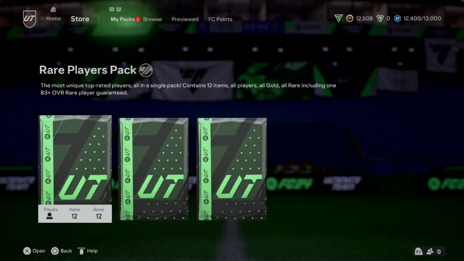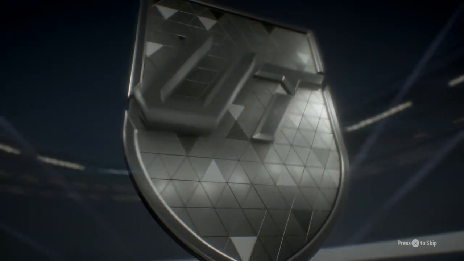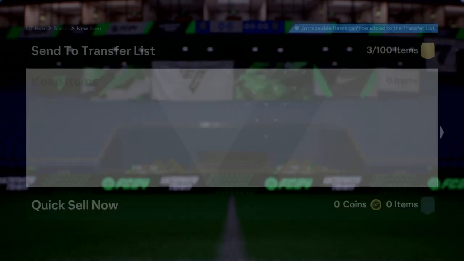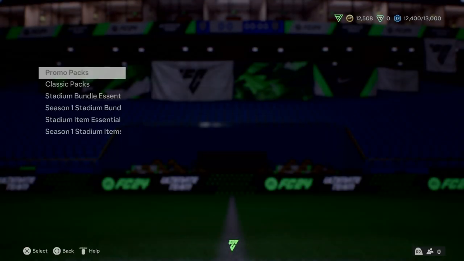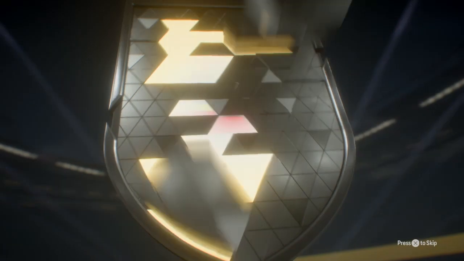And then next pack we open is the mixed players pack, which again, not good. Silver one this time. Goalkeeper, skipped it because you just know that's not going to be good if it's silver. And nothing really of any use in there. We've got Holden and Mitchell, two perfect links, English and Crystal Palace. And then we've got a 50k pack here, rare players pack, which we managed to get